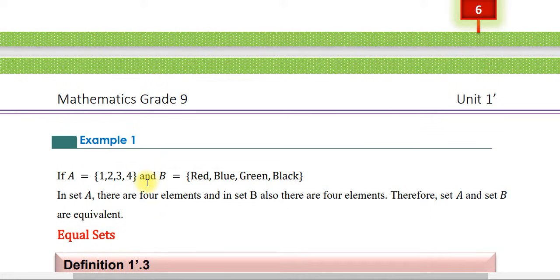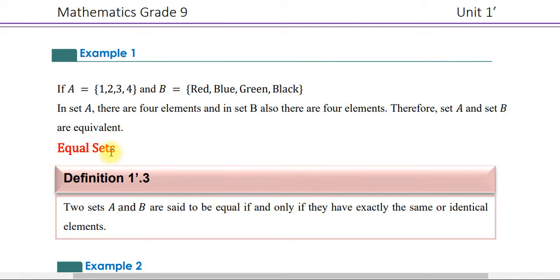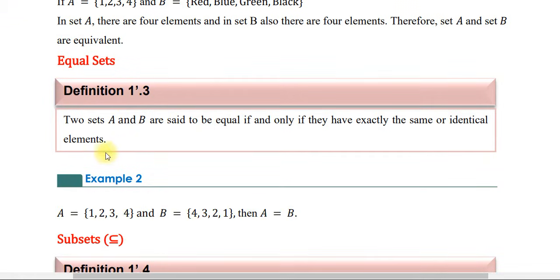ኢኩቫለንት ናቸው ማለት ነው። ሌላው ኢኳል ሴት ነው። Equal sets: two sets A and B are said to be equal if and only if they have exactly the same or identical elements። ተመልከቱ ከኢኩቫለንት የምንለይበት ደግሞ ይሄ ነው። ኢኩቫለንት ነምበር ኦፍ ኤሌመንታቸው ተመሳሳይ መሆን መቻል አለበት ነው። ኦኬ አንደኛው ላይ ቁጥር አንደኛው ላይ ሌተር አንደኛው ላይ ሌላ ጽሁፍ ሊሆን ይችላል፣ ግን ውስጥ